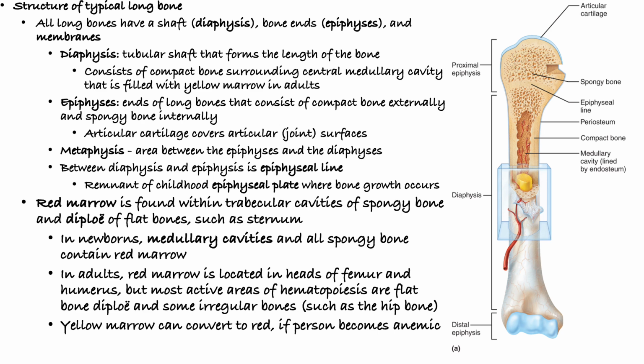And the diaphysis, which we call the shaft, is going to consist of the compact bone surrounding the central medullary cavity. And this is going to be filled with yellow marrow in adults. In children, or babies, it'll be filled with red bone marrow, because that's going to be needed for hematopoiesis, making a lot of blood. But in adults, unless someone is severely anemic, which I'll talk a little bit about. But the epiphysis